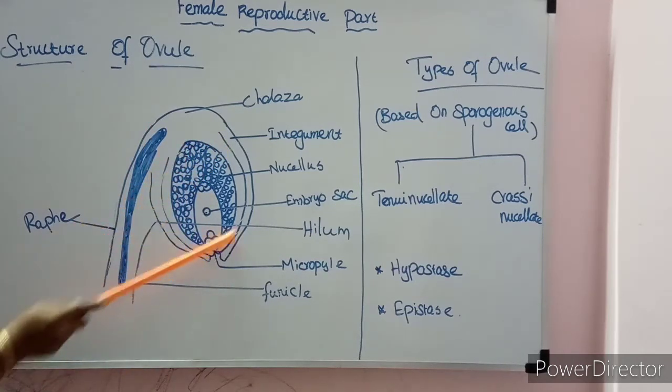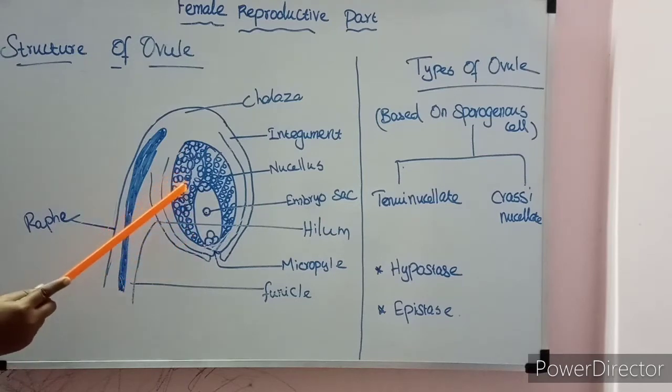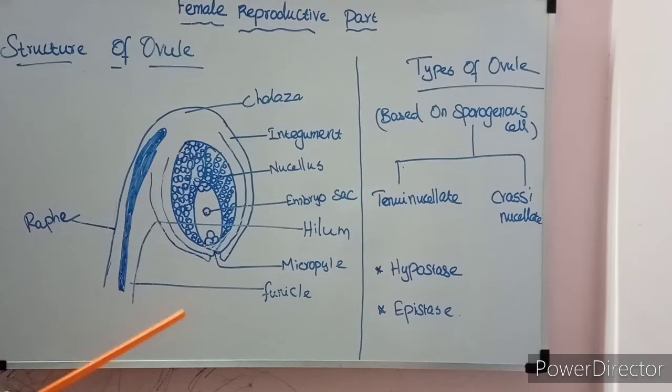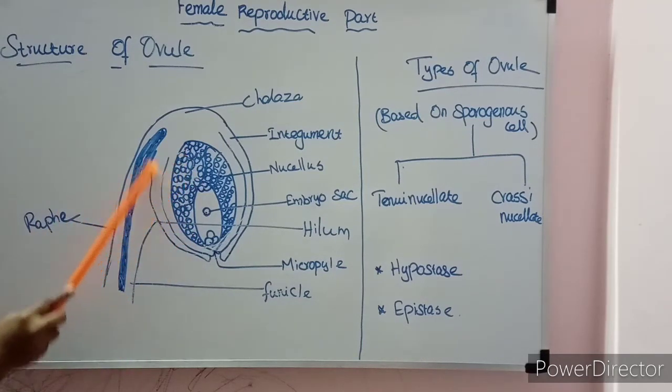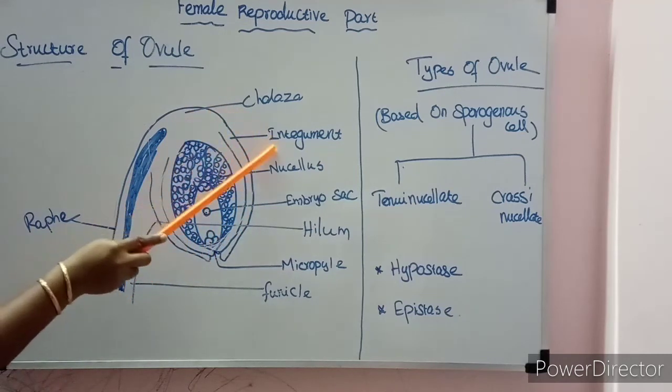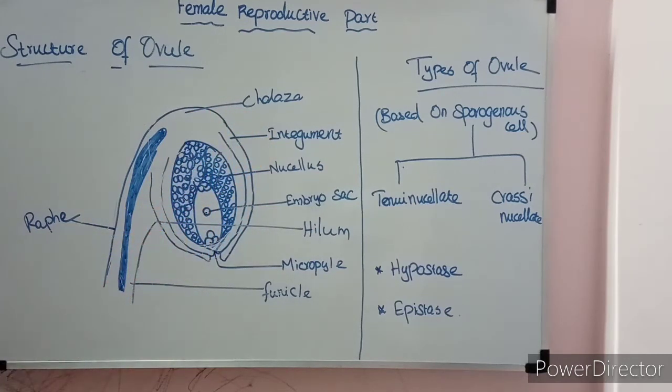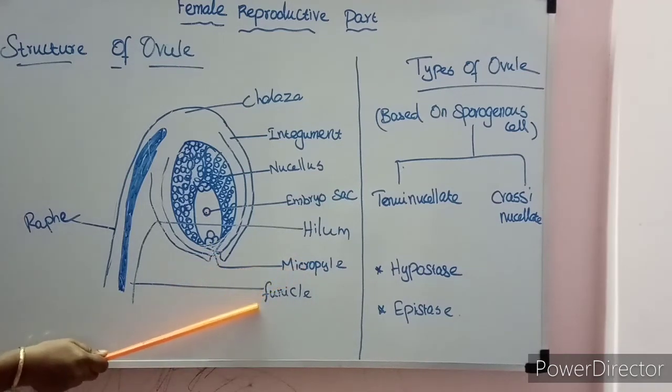The nucellus is a parenchymatous tissue. It reserves food materials. Around the nucellus, if a single layer of integument is present, that is called unitegmic. Two layers of integument present means bitegmic. There is full protective covering except at one small place. That place will form a pore-like structure called the micropyle.